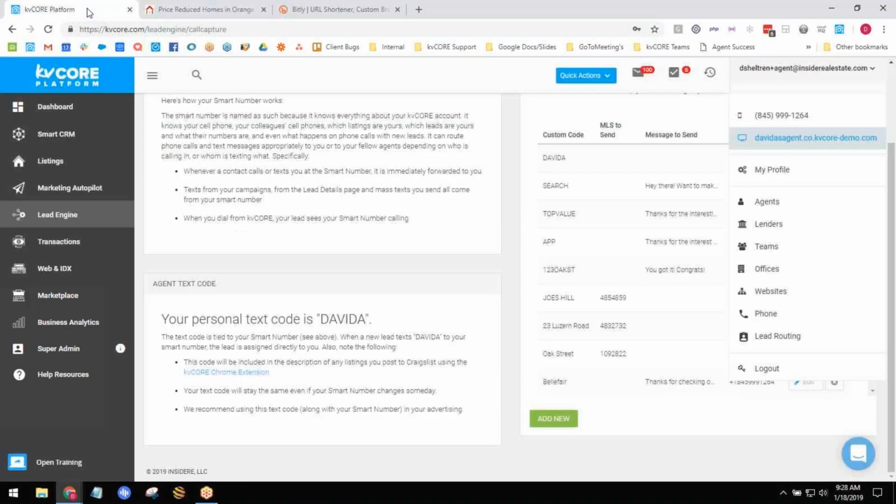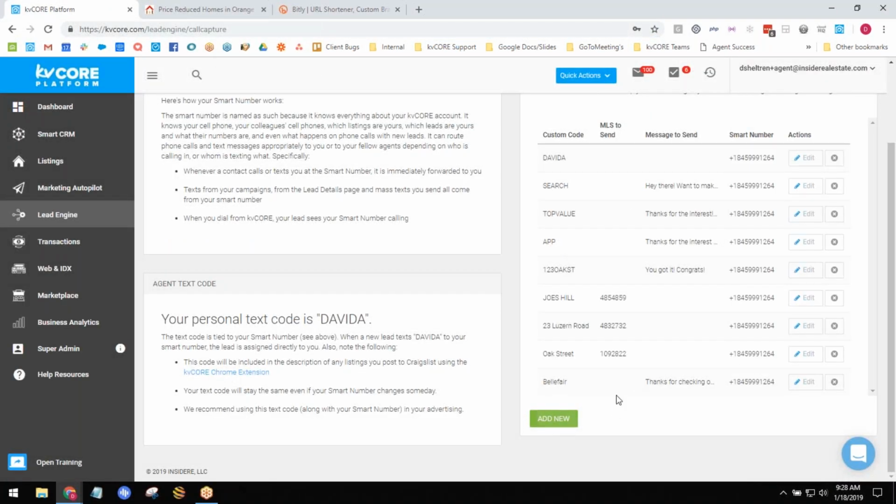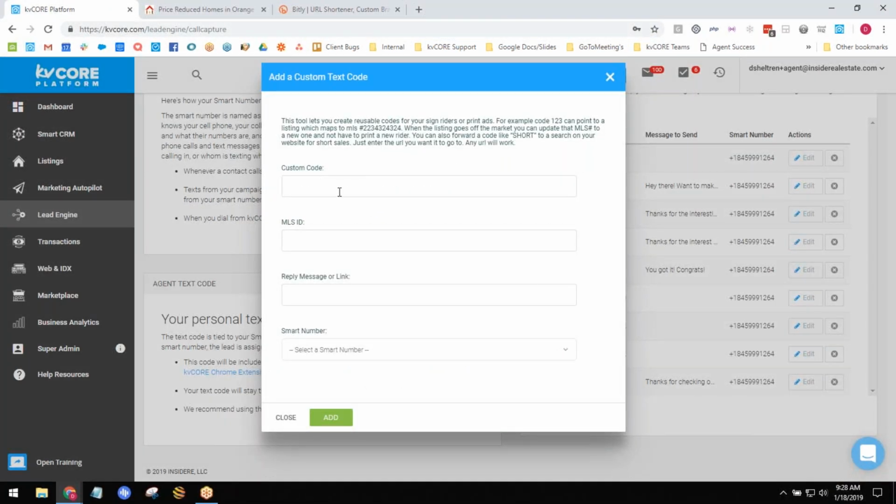So it'd be good to come in here to our text codes and say add new, and we can just say reduced, right? Doesn't have to be capitalized, by the way.